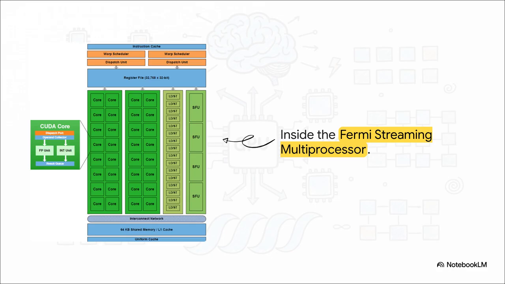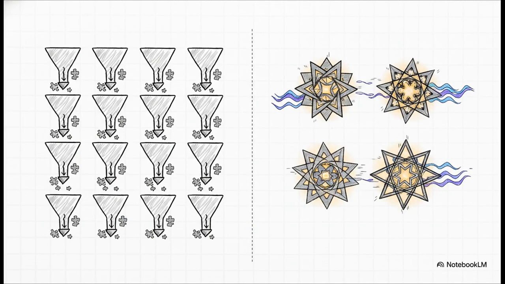instant swapping. And it's not all just basic addition and subtraction inside that SM. You've got 16 dedicated load/store units computing source and destination memory addresses simultaneously for 16 threads every single clock cycle. Plus, you have 4 special function units, or SFUs. I like to think of these guys as the highly trained specialists called in for the heavy lifting. They strictly handle complex transcendental math, sines, cosines, reciprocals, square roots, you name it. By tossing the tough math to the SFUs, the standard cores don't get bogged down and keep flying through standard